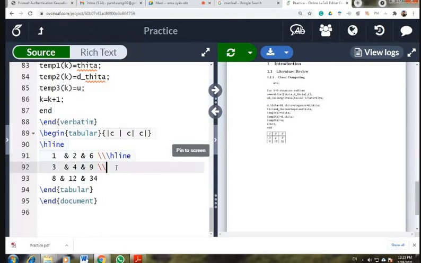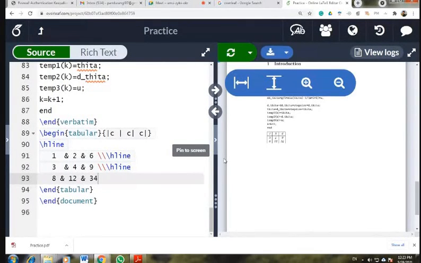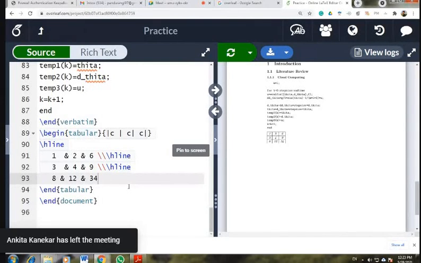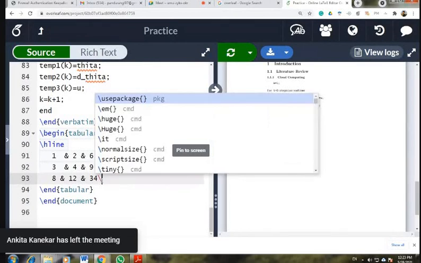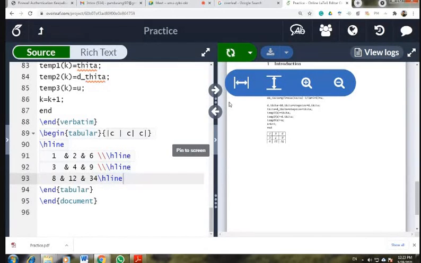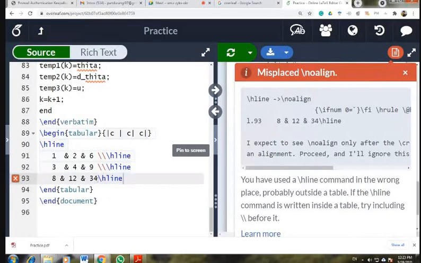Similarly, you can do this for the remaining rows with backslash hline. And for the last one, what is the mistake here?